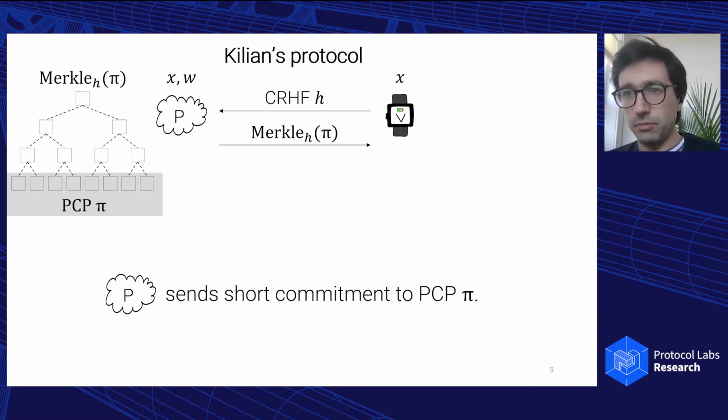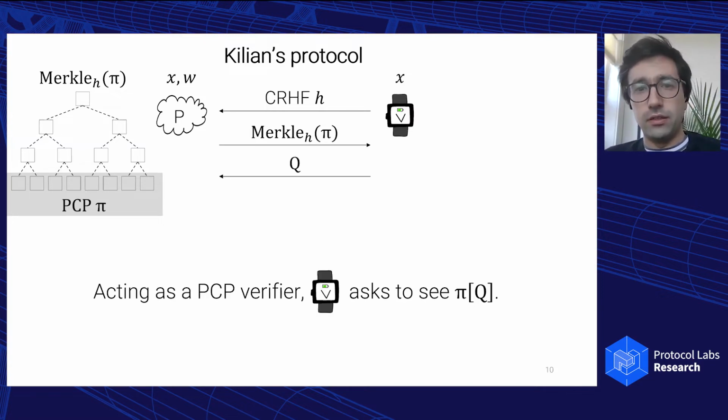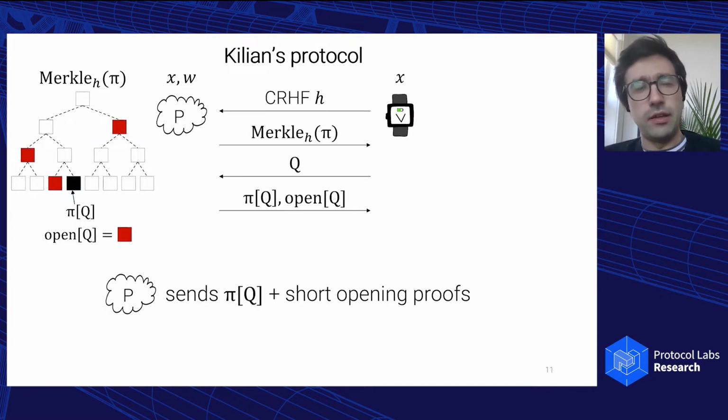I don't know how familiar people are with these objects, so let me know if this is confusing, but basically it's a tree of hashes. You hash together adjacent bits of the PCP, and then you have a shorter string, and you hash together adjacent bits of that string, and you keep going until you get to the root. Then the verifier receives the hash, and he's going to play the role of the PCP verifier and choose a set of queries Q that he's interested in. These are the positions that the PCP verifier wants to look at. And then the prover is going to open the Merkle tree